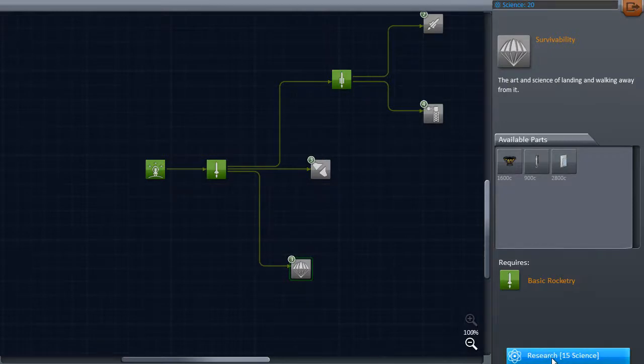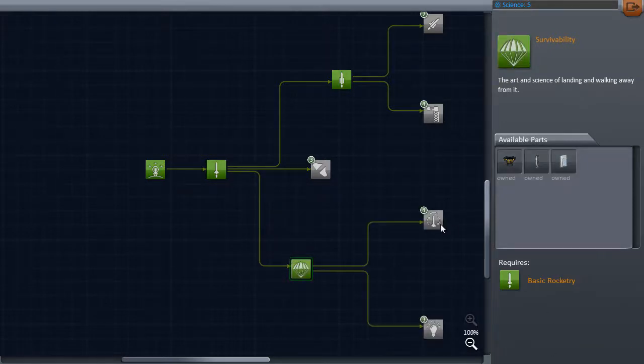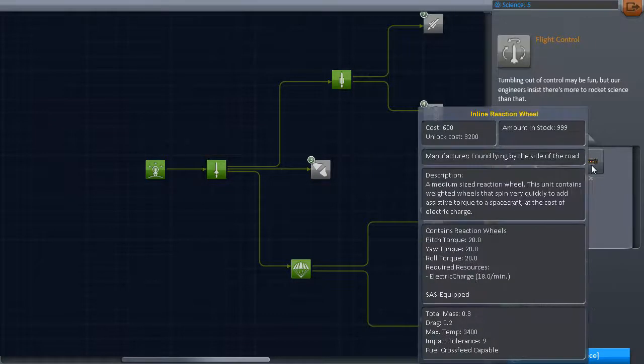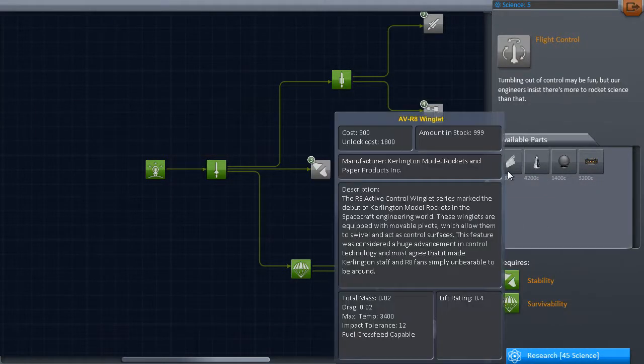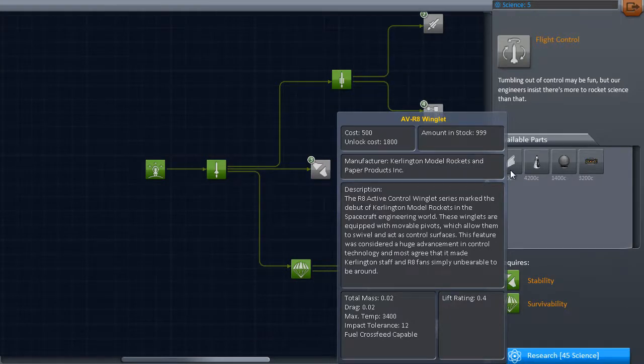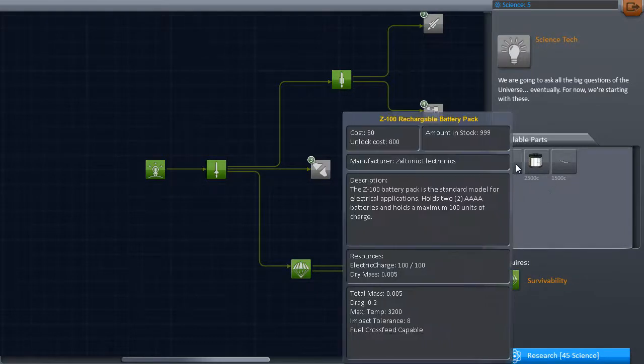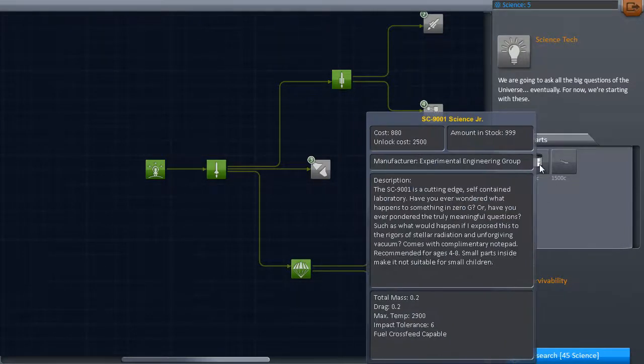So let's take this as well. Flight control. Oh, it's got a probe, reaction wheel, a winglet. I believe that's one of the steerable ones. Or more science tech. We got a battery, a science junior,